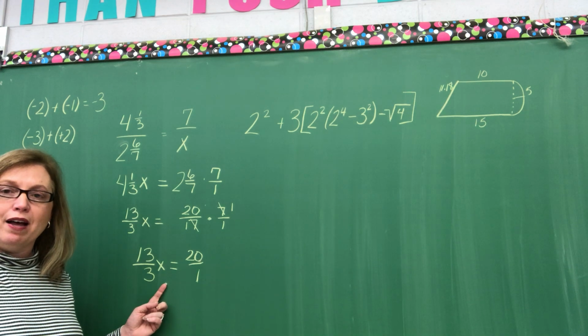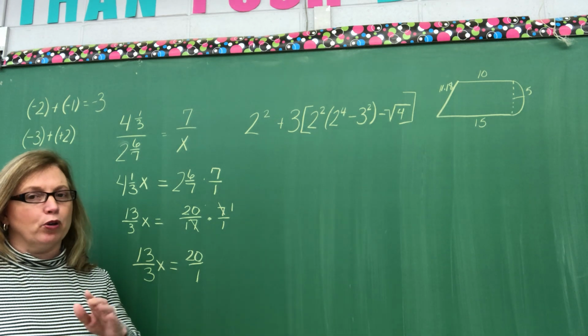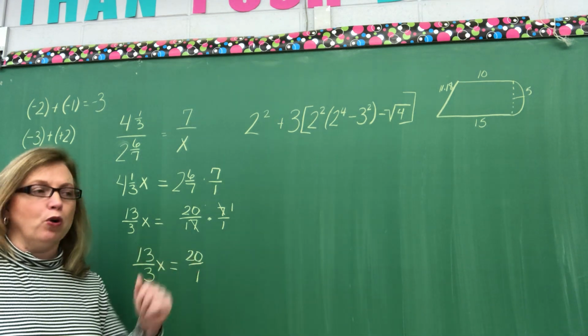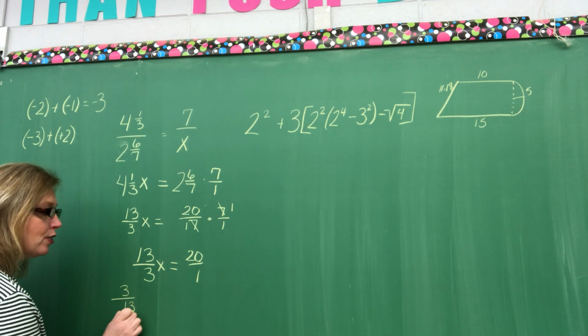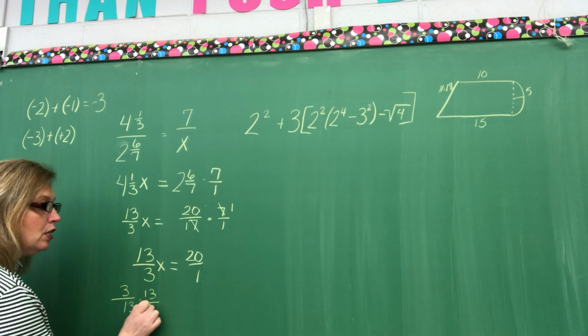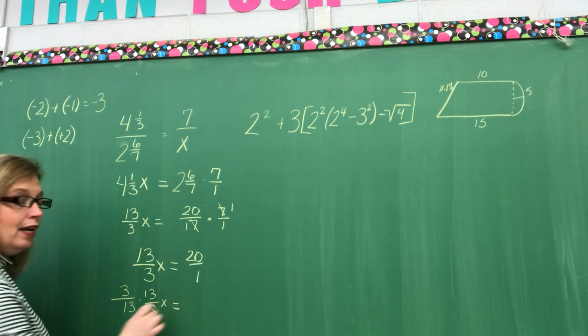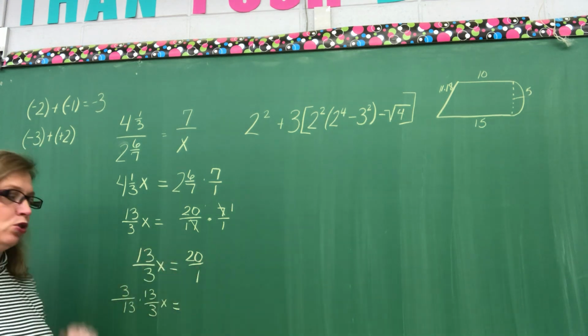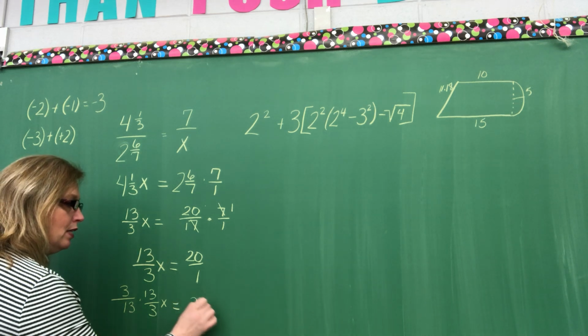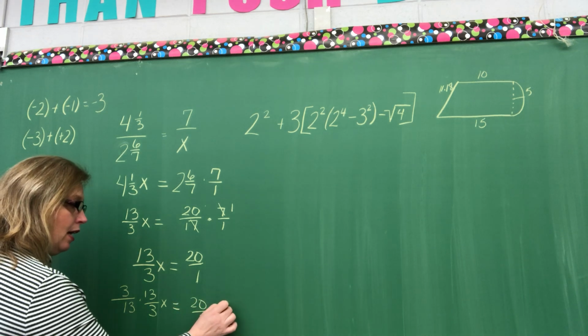So I'm going to divide. Now when you divide, remember you're really using the reciprocal and multiplying. So we're going to write 3/13 times 13/3 x. And of course our second rule in algebra, whatever we do on the left, we must do on the right. So 20/1 times